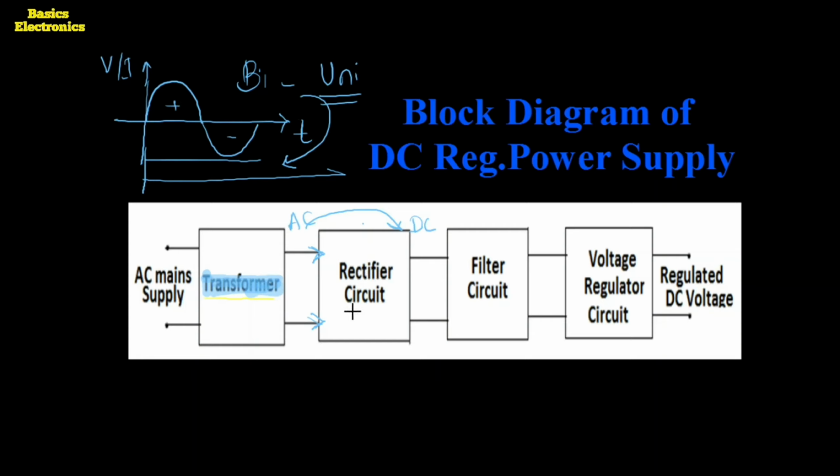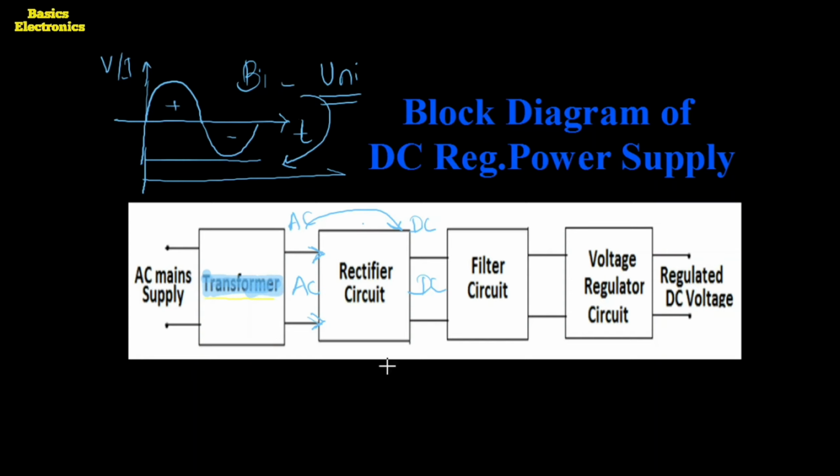Here we get the DC voltage, and here there is an AC voltage. The input to the rectifier is AC, and the output of the rectifier is DC. So, the rectifier is an electronic circuit which converts the bidirectional AC voltage into unidirectional DC voltage. Here one word we are using, that is unidirectional. Unidirectional DC voltage.